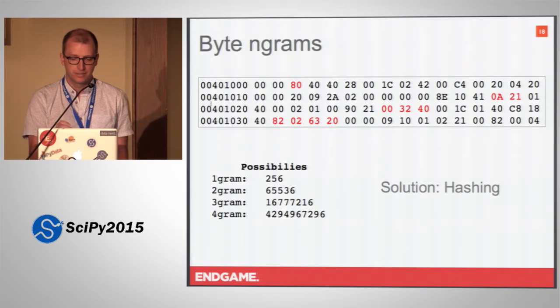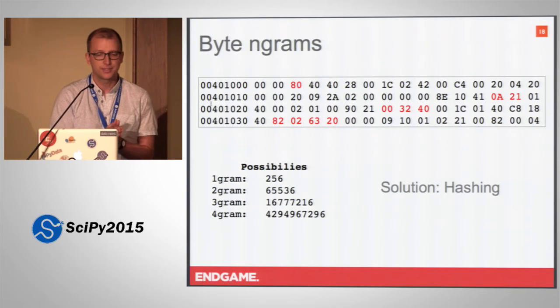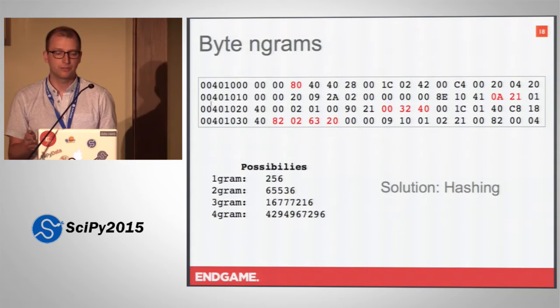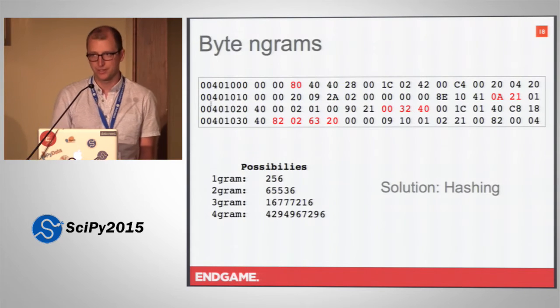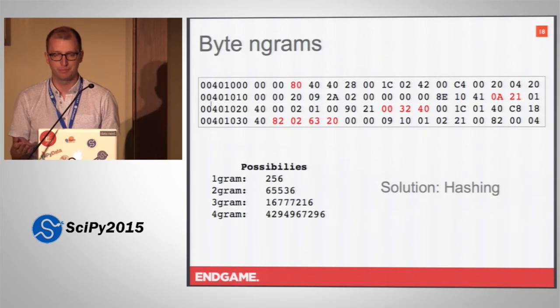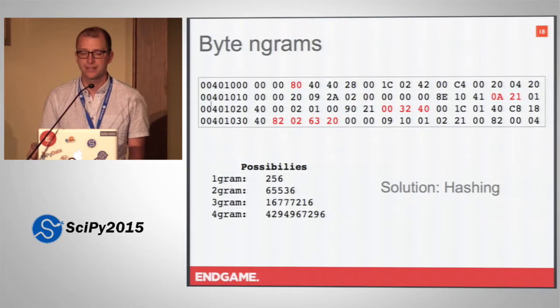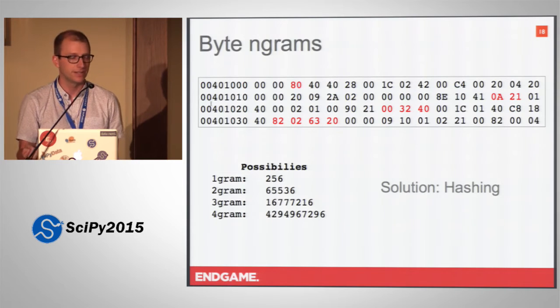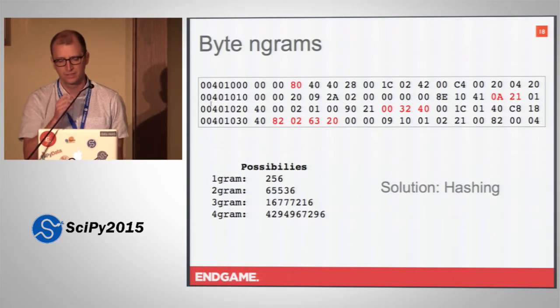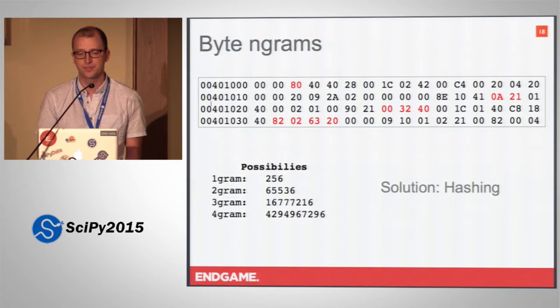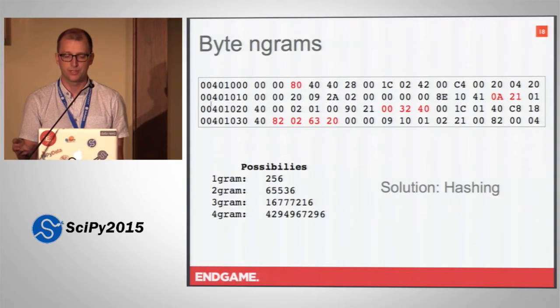So, byte n-grams. This is a feature you can use to classify malware binaries. On a low level, you could really just count up what bytes occur in the file. There are 256 possibilities, and then you just count up how many there are. You'll end up with an array that's that long, and you can feed that into any classification algorithm. If you want to get a little bit more complicated, you can count how often one byte follows another for 2-grams, and you can go up to 3-gram, 4-gram.